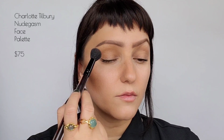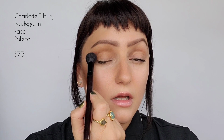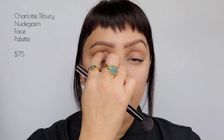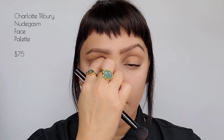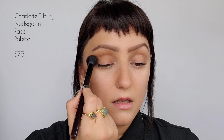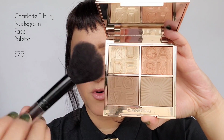Taking the same color here, and I'm going to go in that crease on the lower half. Stay right on that eyeball socket right here. From there, I'm going to add a little bit of that deep shade to right under my lip to make my lip look fuller. All right, next I'm going to go in with my Kevyn Aucoin blush brush,